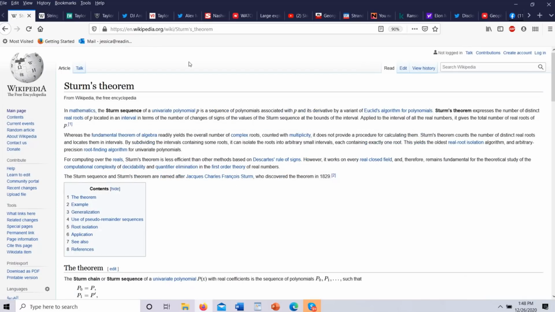So let me just review what this is really quick. In mathematics, the Sturm sequence is a sequence of polynomials associated with a polynomial p and its derivative by a variant of Euclid's algorithm for polynomials, and it expresses the number of distinct real roots located in an interval in terms of the number of changes of signs of the values of the Sturm sequence at the bounds of the interval applied to the interval